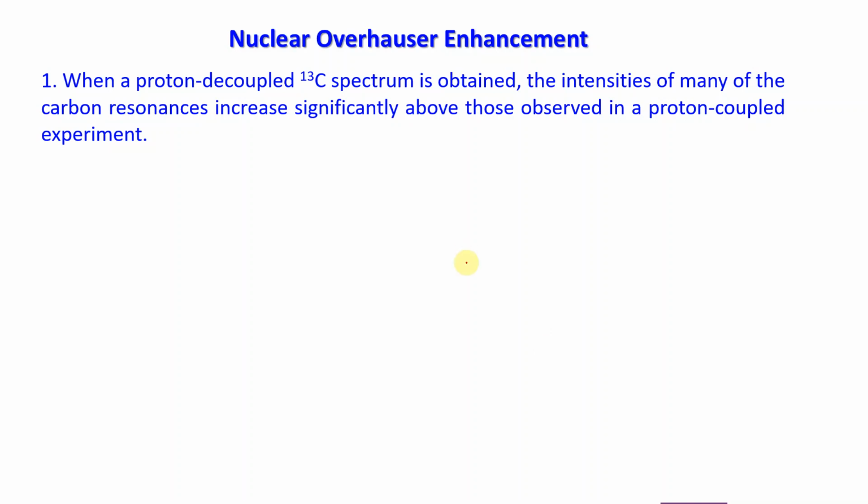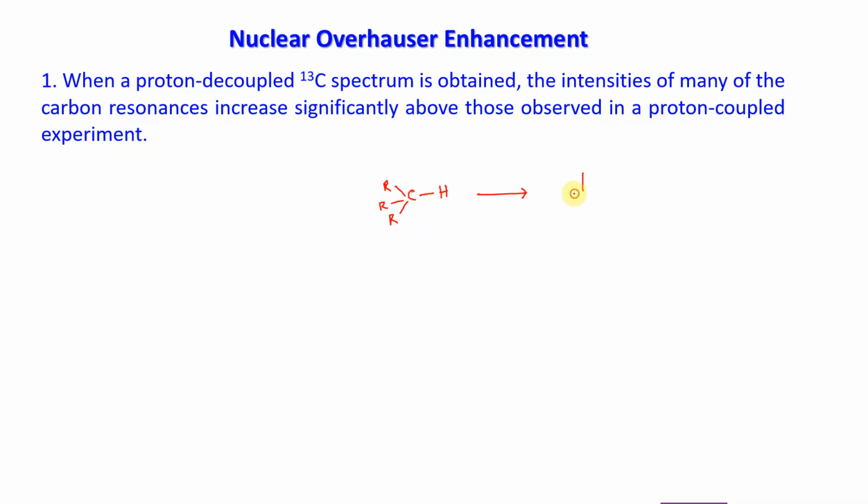What does it tell? Suppose you have a CH, I am telling these are different groups. You have one CH. If you do a proton decoupled spectrum, how many peaks will you get? You have one carbon, right? I'm just talking about a single carbon system. In the proton decoupled spectrum, how many peaks will you get? It is a single carbon, so one peak. And in the proton coupled spectrum, how many will you get?